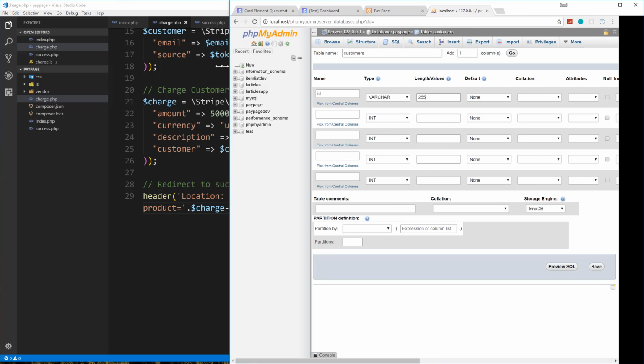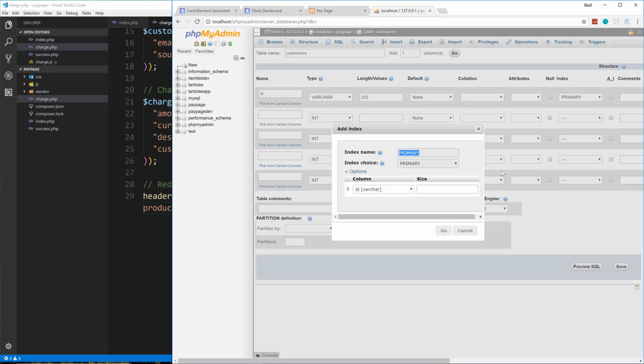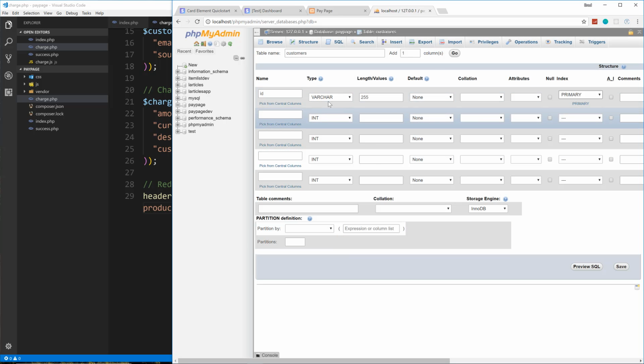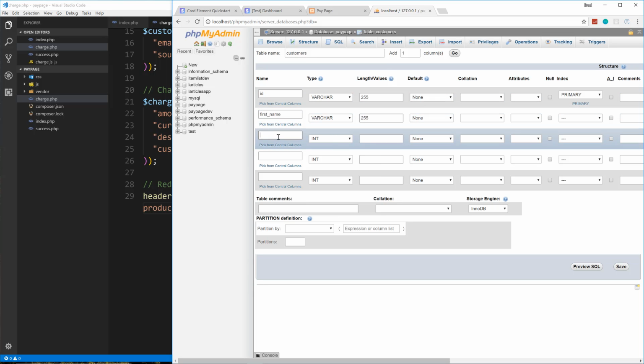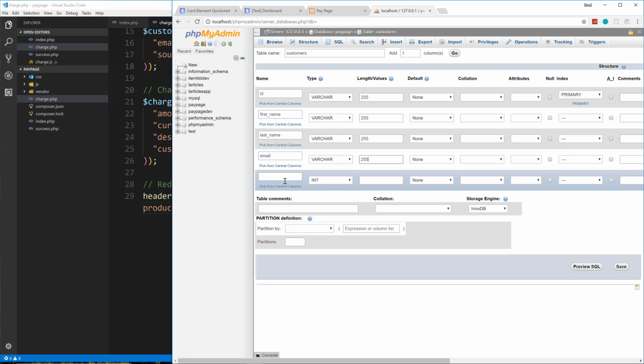And let me make this a little bigger. This is going to be the primary key, so I'm going to choose primary, but it's not going to be auto increment, so don't check the AI. And then the second field here is going to be the first name, first underscore name, which will be varchar, last name, email, and let's also do a created at,